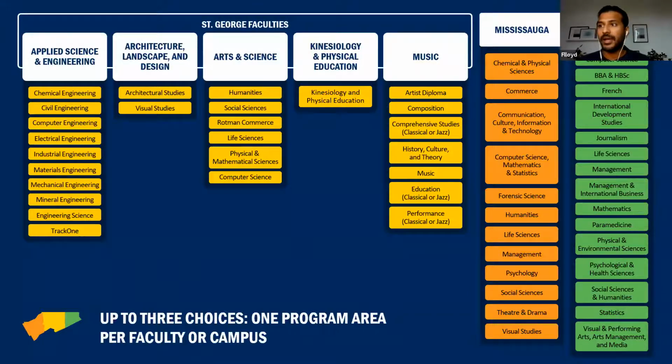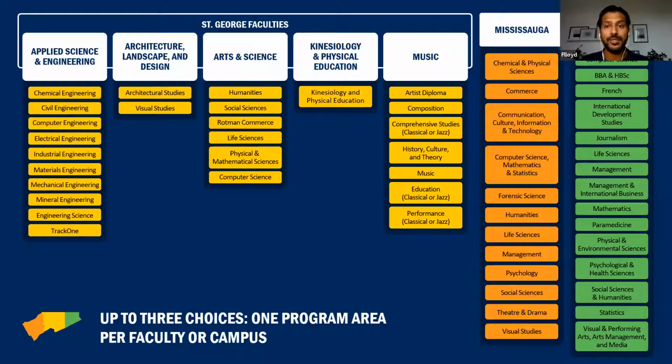Some programs like engineering, like computer science, Rotman Commerce in the Faculty of Arts and Science, and within the University of Toronto Scarborough, there are a few of them, will allow students to, in the second step of the application process, so we haven't talked about the second step yet, but in the second step, they'll allow students to indicate an alternate admission category they'd like to be considered for as a backup. So if you don't get into your first choice, they would consider you for one of the others.